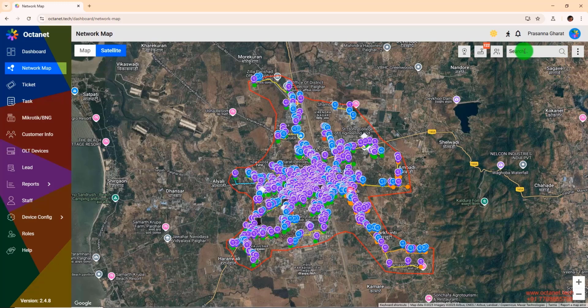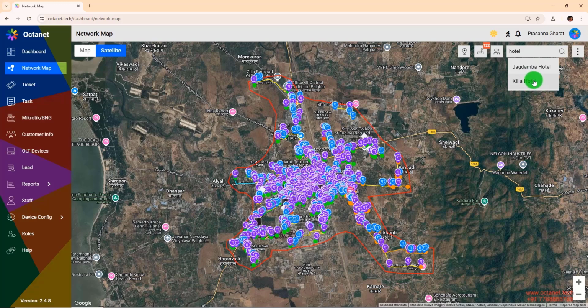Next is the search box. If you want to search any of your network locations by name, then you can do so here. On clicking on this, all the networks in your location will be available as shown. Based on what you type in the search box, the suggestion list will be sorted. Clicking on any of these locations on the map will automatically zoom into that location and show it in the